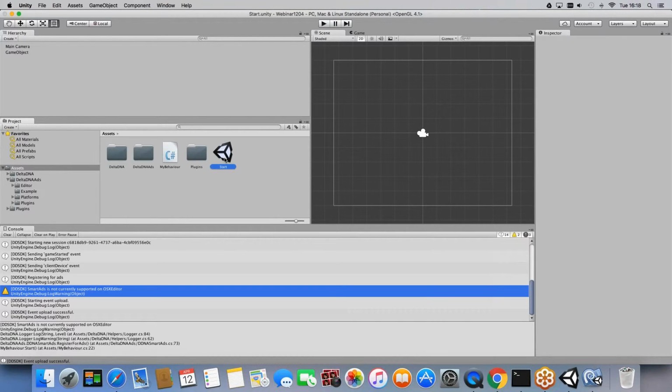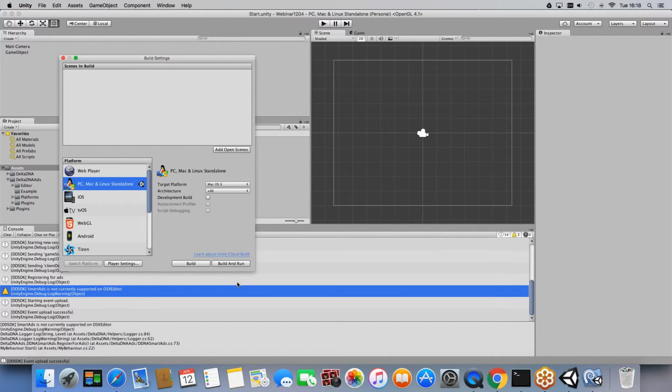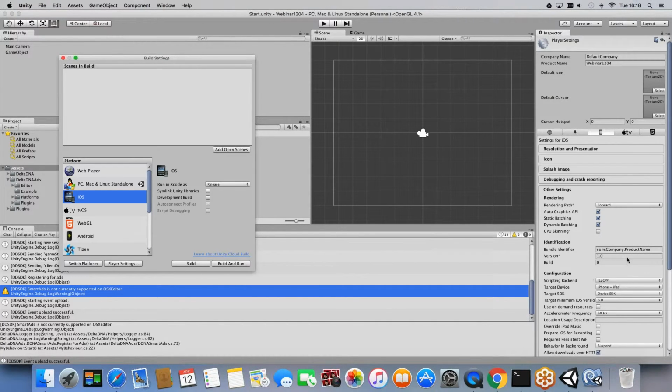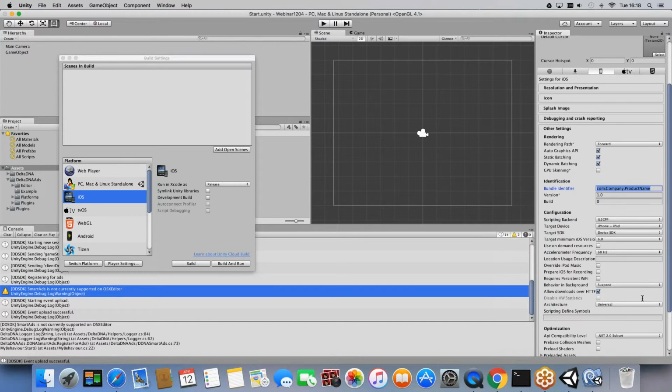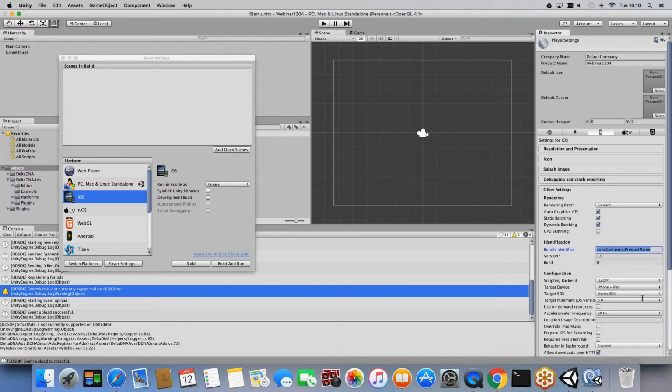So we've got our scene saved now. What we can do is go into the build settings menu and choose what platform we're going to build for, whether for our iOS device or for Android. Depending which of those we choose, there will be some things we're going to want to do. There's going to be all the absolutely normal bog standard stuff, like giving your game a bundle identifier. You should probably have all these already set. There will be some other bits and pieces, but let's refer back to our